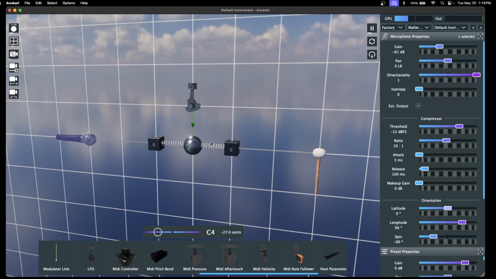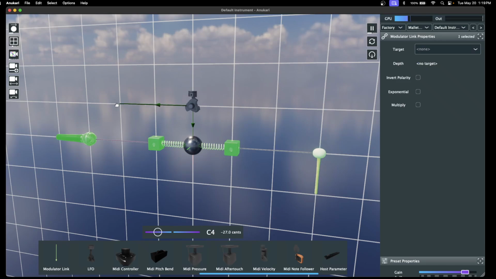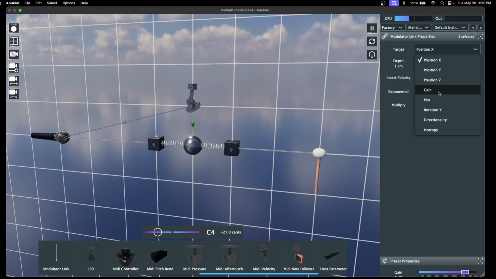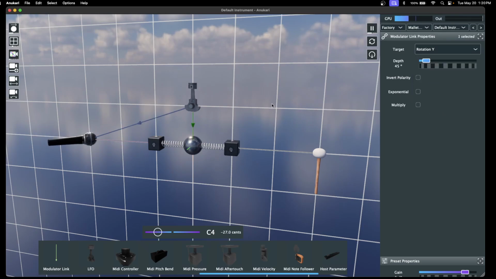So what I'm going to do is I'm going to use my LFO to automate that movement a little bit for me. So I'm going to grab a modulator link, put it on my modulator, and then drag that over to my microphone. And right away, it's already moving one position back and forth. That's not the one I want to change. I'm going to go over here to rotate. And I'm going to make the mic sort of wiggle back and forth like that. And so if I play notes,